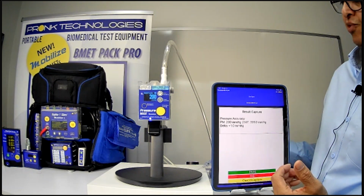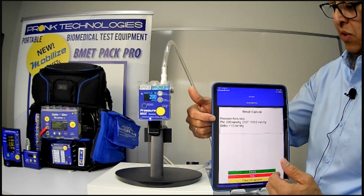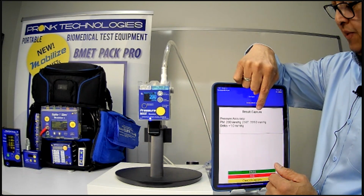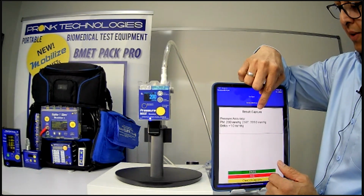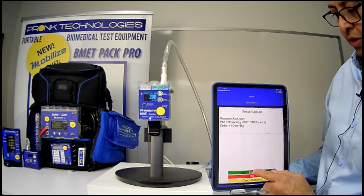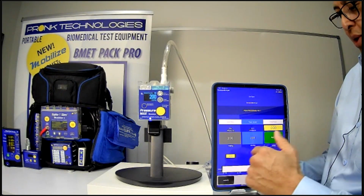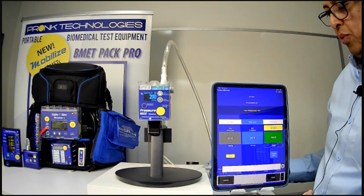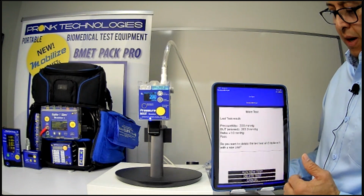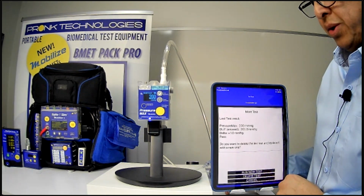So when you do go to the capture screen, you'll be able to see the pressure accuracy for the PM Pressure Max, what its pressure point was at 200 millimeters of mercury. You have the device under test, which is that value we entered in. It measured at 201. The delta between those 2 points was plus or minus 1 millimeter. And depending on your device, pass or fail it and go on. So you're able to do a pressure test here. If you have a device that has multiple pressure calibration test points, you can simply do more. It will give you the option, do you want to replace the result you had last time? Or do you want to,